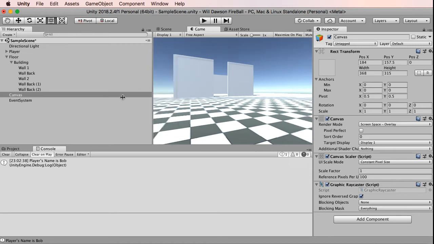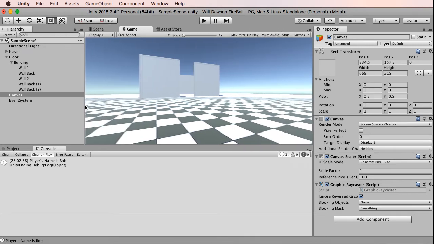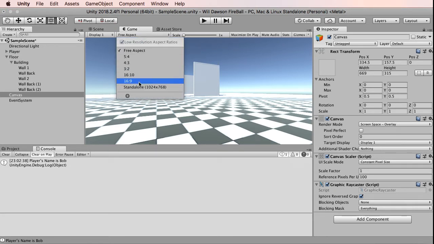Now, if you look at your TV at home or at your cell phone screen, 1-to-1 is not the right proportion. Almost everything is actually 16:9. That's what your 1080p HD TV, your 4K TV, and most cell phones are. You're going to have other stuff like an iPad, I believe, which is a 4-to-3 ratio. But right now, we're not going to go too deep into this. Just know that if you want your game to look right,